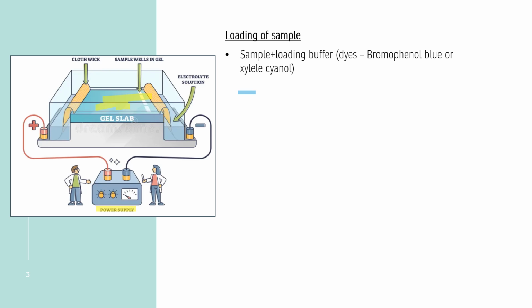Because the first dye we added was ethidium bromide, its function is to visualize the bands that we will be obtaining under the influence of UV. The second dye, bromophenol blue, we add to monitor the movement of the macromolecules while we are running it on the power supply.